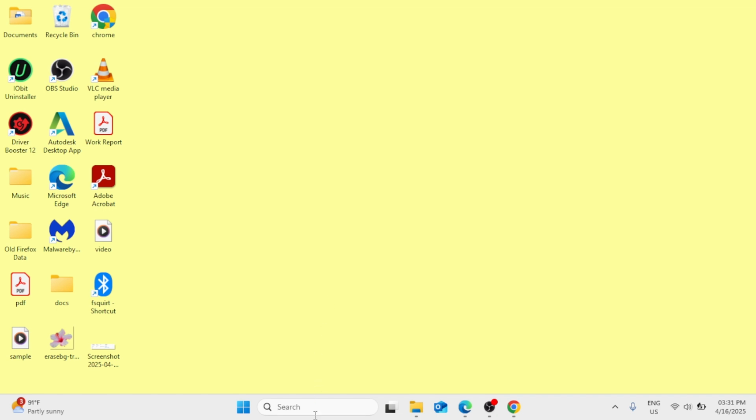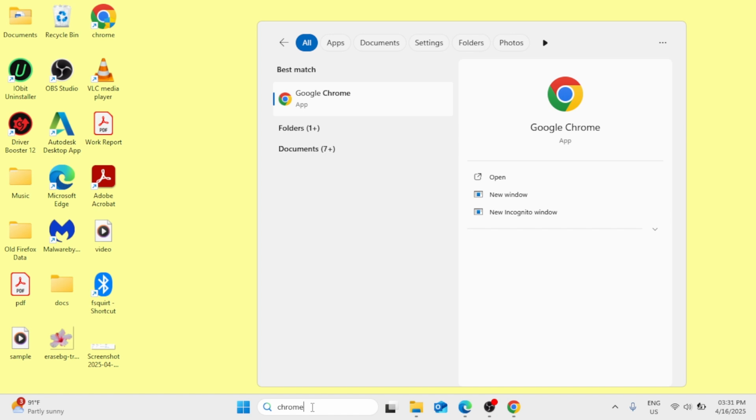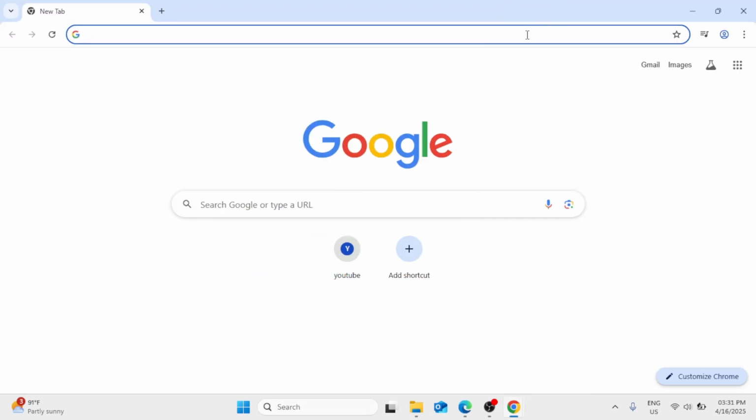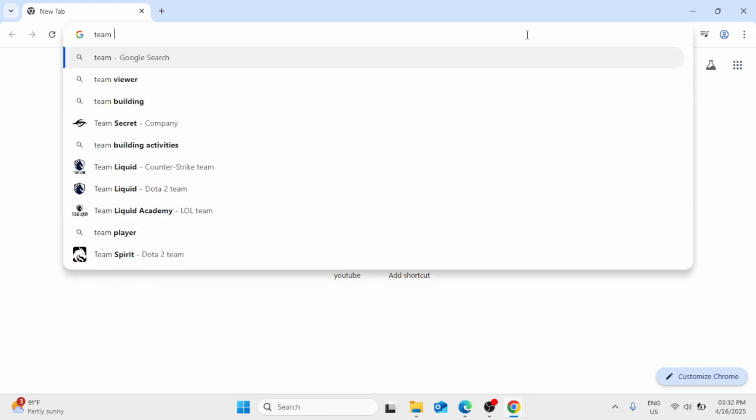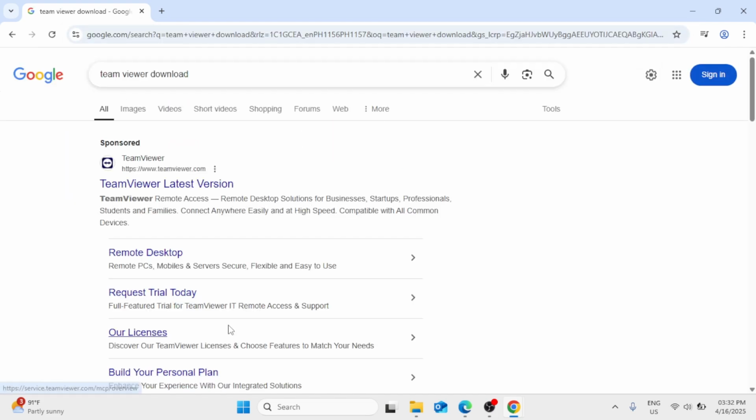So we just need to open a browser. Go ahead in the Windows search bar and type Chrome. Click on Google Chrome under the best match, maximize this. In the search bar, simply type TeamViewer download, hit enter. And here you will find